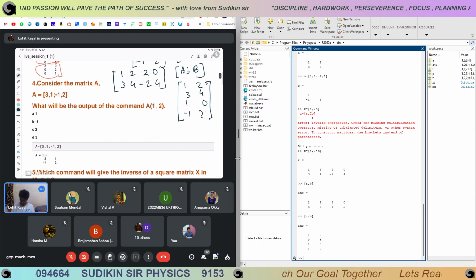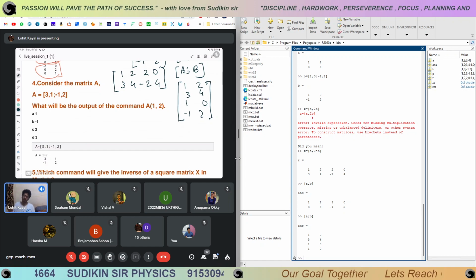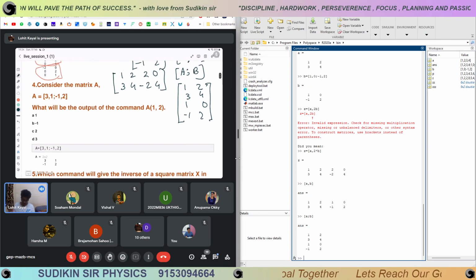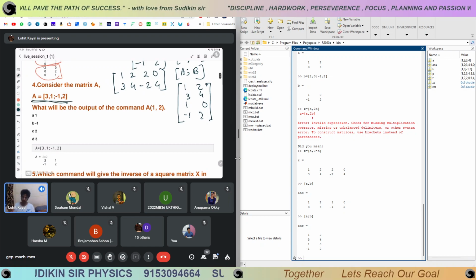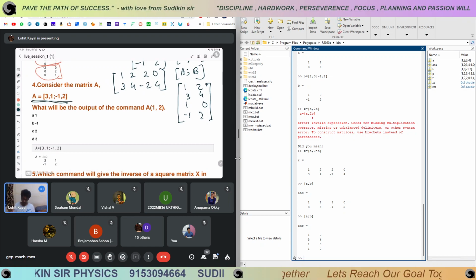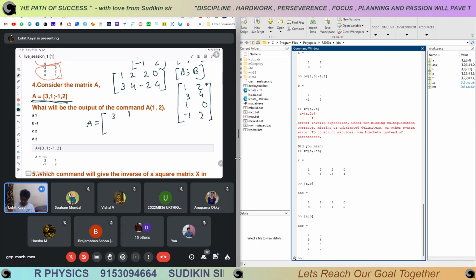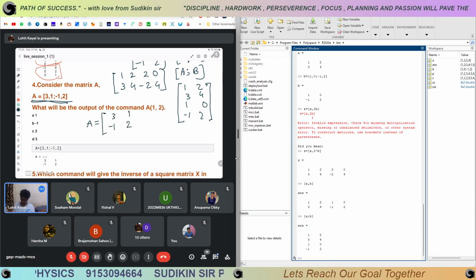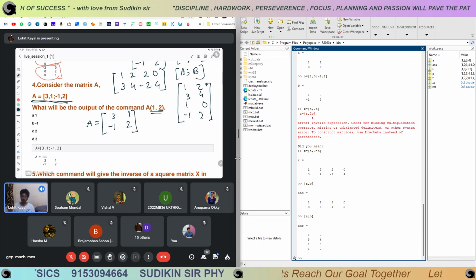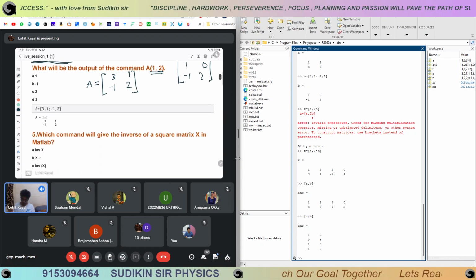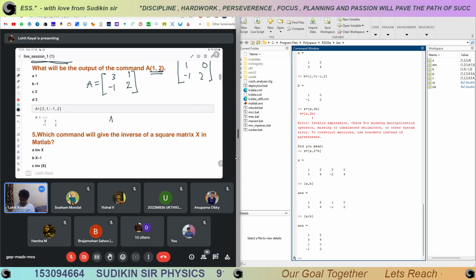Right. So this is another thing in matrix. Suppose you have... as now we have learned how to interpret this command, the matrix will be 3 1 minus 1 2. Now how to find each element of this matrix? If I have a matrix like this, A equal to